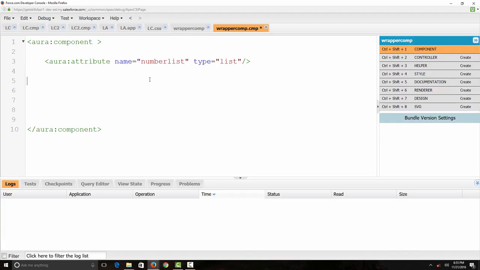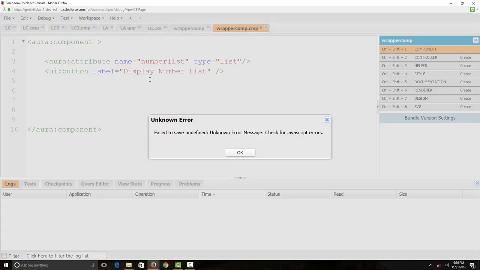Okay, now what I will do, I will create a button here. On clicking of that button, that list should get displayed, not automatically. And since we need to display a list, we need to add the numbers to the list as well. For that, we will also be writing a JavaScript function in our controller. So how a button is displayed, ui:button, which you already know. We have done this a couple of times now. And let's say we label it as display number list, and close this. So now if I save it,